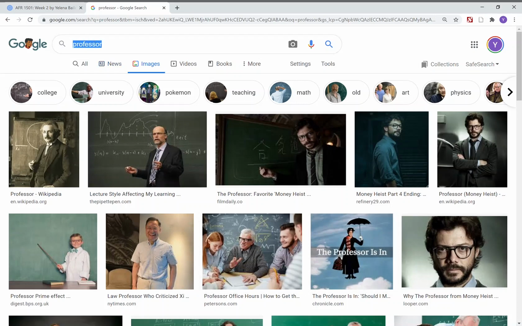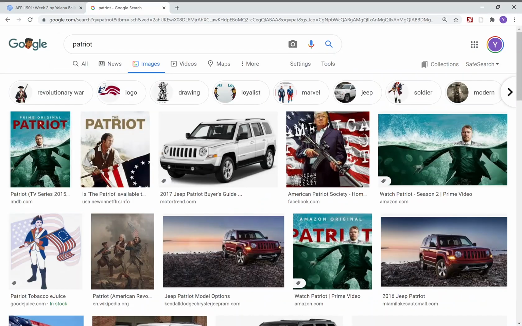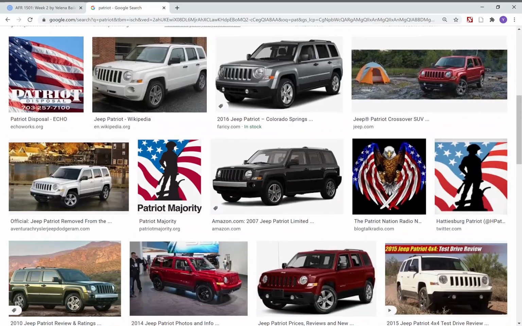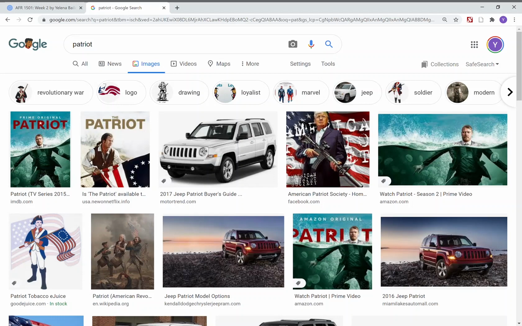I'll do one more and then we'll leave it at that because I love doing this. So, patriot. Super weird in this moment to think about this. And again, it's Google. So part of it is you think about the way that that concept has been commodified, right? A car is one of the things that comes up. Television shows, our current president, we see from films, but typically it's gendered and racialized as this white male identity, right? Even the ruggedness of a Jeep tends to be gendered in particular ways.